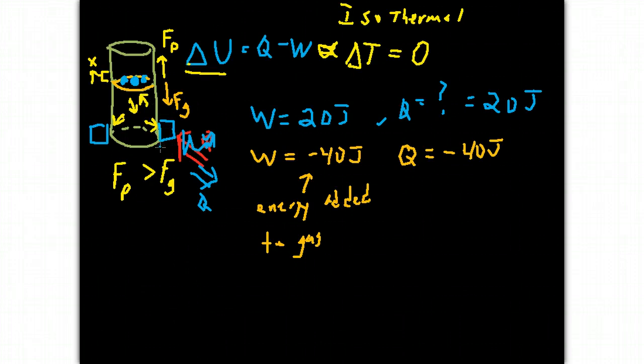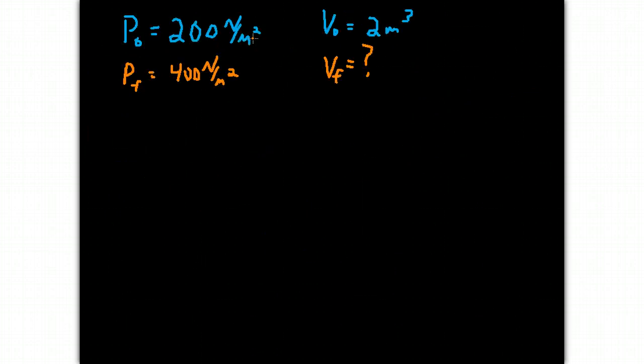And what I'm going to do now is show you maybe a more specific example with a diagram involved. Okay, so what we're looking at here are just two numbers for the pressure and volume initially of our gas. Let's say that the initial pressure is 200 newtons per meter squared, and the volume at this pressure is 2 meters cubed. Well, at some point, the pressure of the gas has increased to 400 newtons per meter squared. Now this is going to happen because the